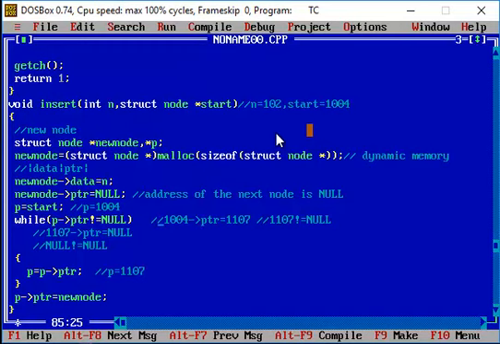In the start node we have the address 1004, which is the address of the starting node or the header node. At the header node's location, we see the address field value is 1107. So 1107 is the address of the first node, and it is not equal to null. The condition is true.